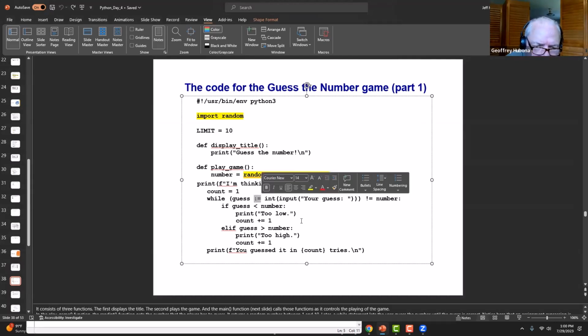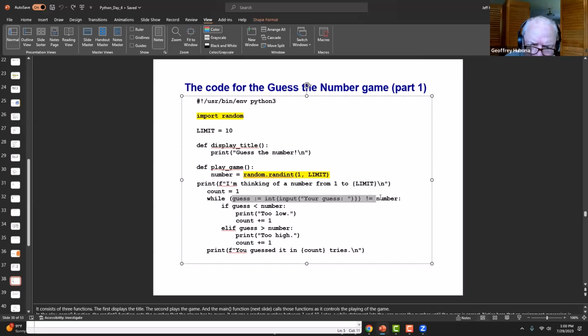Notice we're using an assignment statement with the walrus operator, which allows you to both assign something and test for an equality. The walrus operator allows you to do